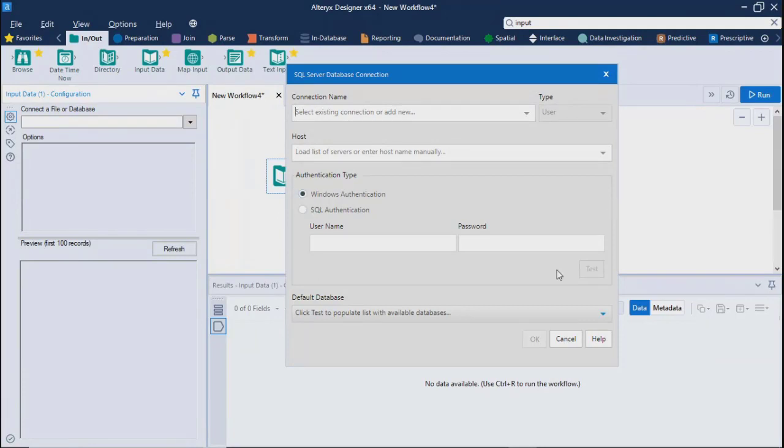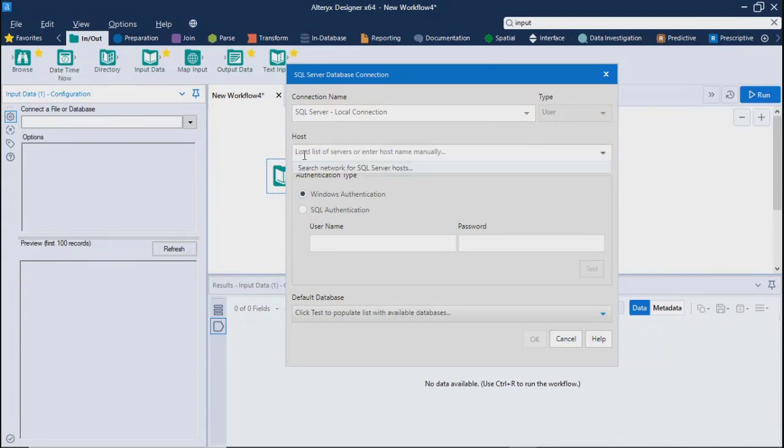So whether you want to go with Windows authentication or SQL Server authentication. For now, I'll just give it a name, let's say SQL Server local connection. You can give any name.